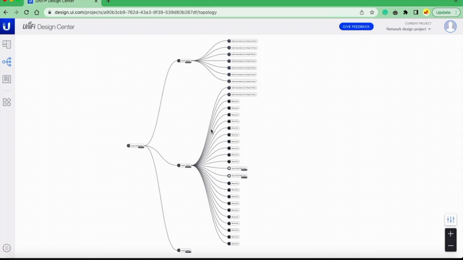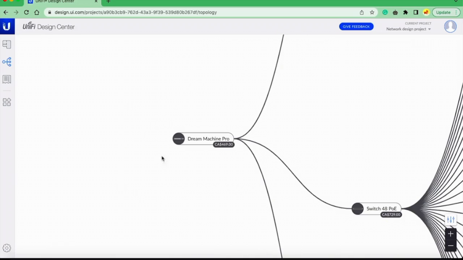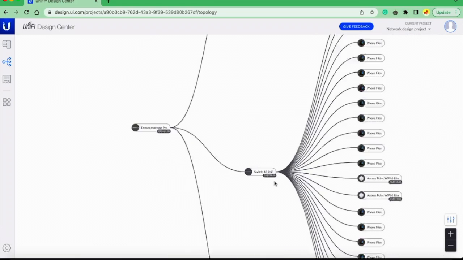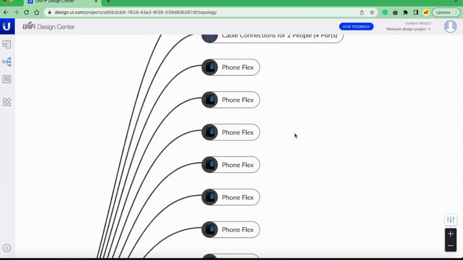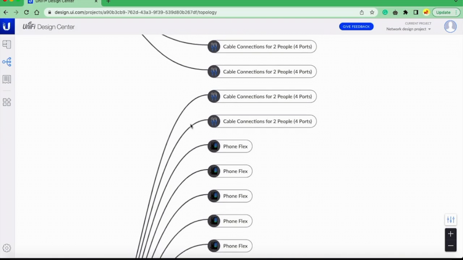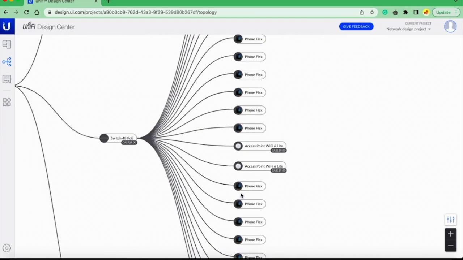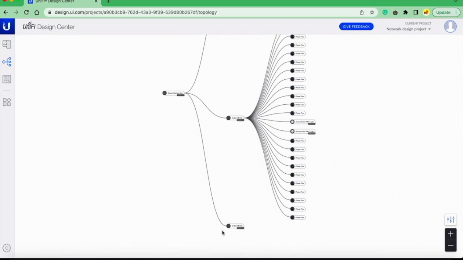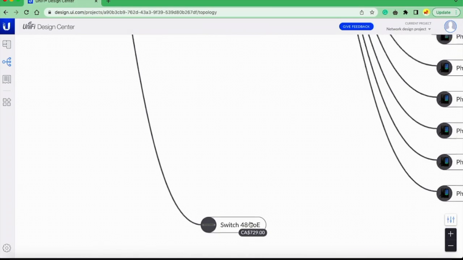For the topology of this network, I can generate this network diagram on this website too. So this is the Dream Machine Pro that I mentioned before, which is the gateway router, layer 3 equipment in this project, and also the 48 port PoE switch, layer 2 equipment in this project, which costs around $700. There are also different network devices used in this project like the IP phones and Ethernet ports, and also the access point Wi-Fi, which costs around $100 and is also a layer 2 device. And for the redundant switch and router, it costs around